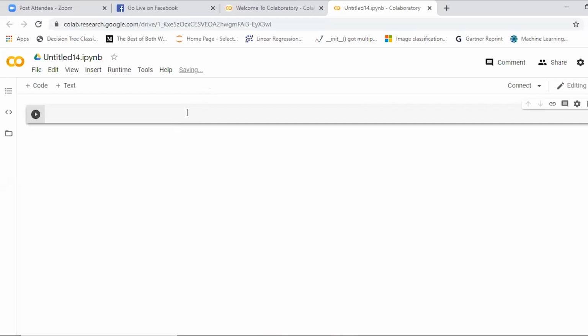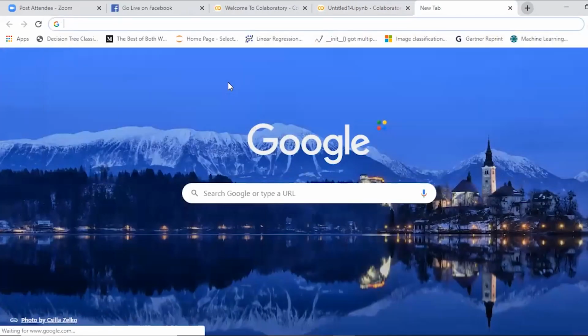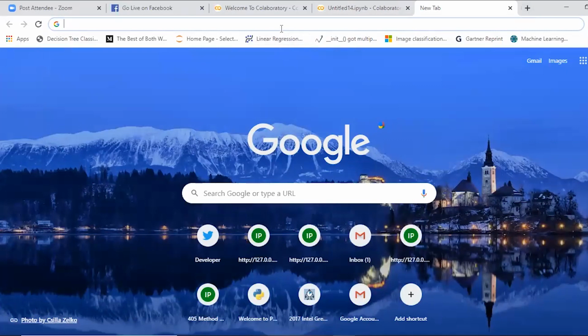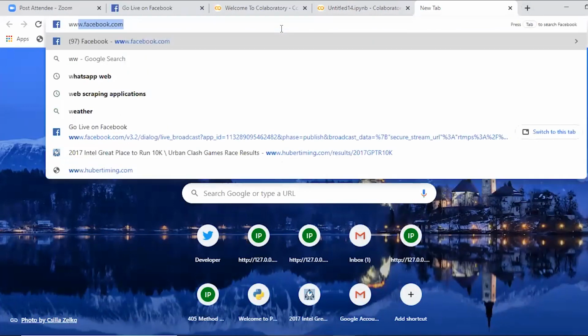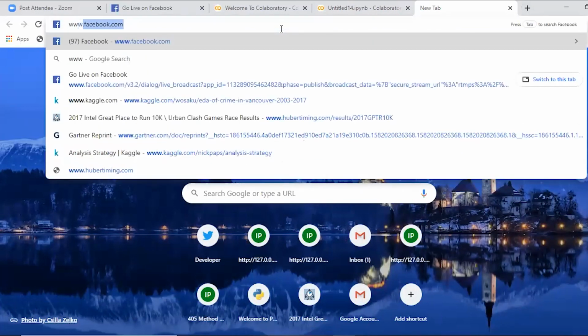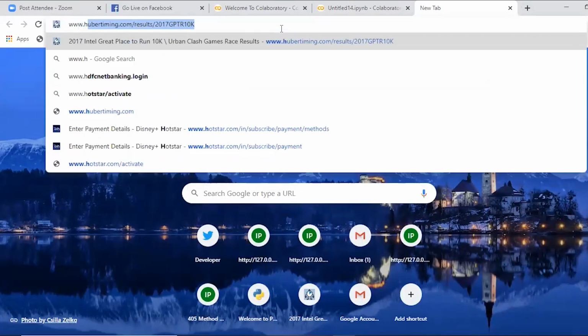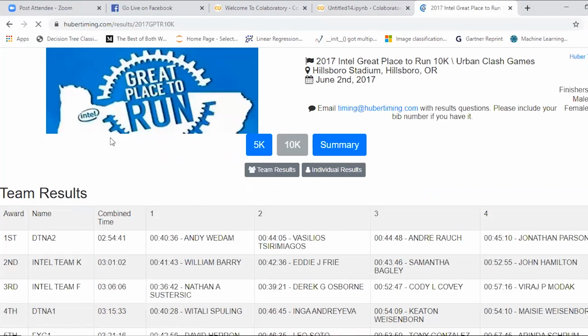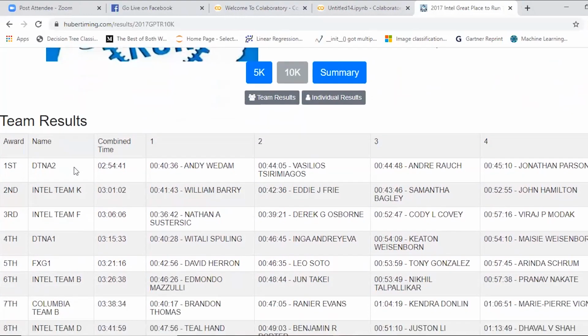Let's import the packages. We'll use Pandas, NumPy, Beautiful Soup, and urllib. Our concern is to extract content from a website. You can go for any website, but I prefer this simple website, hubertiming.com, where we have some tabular content.